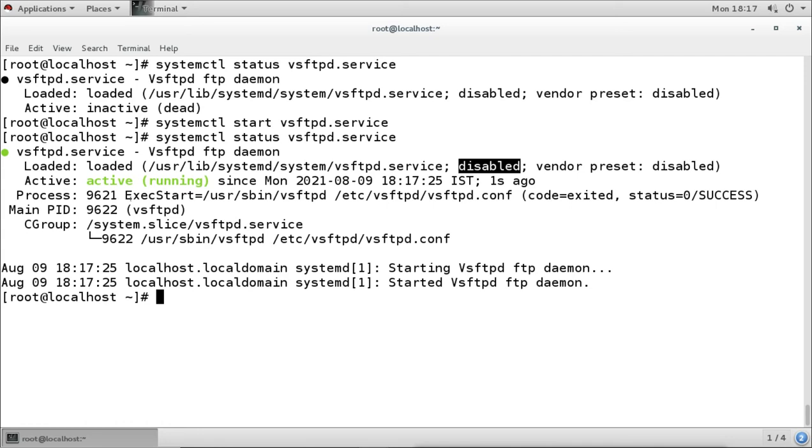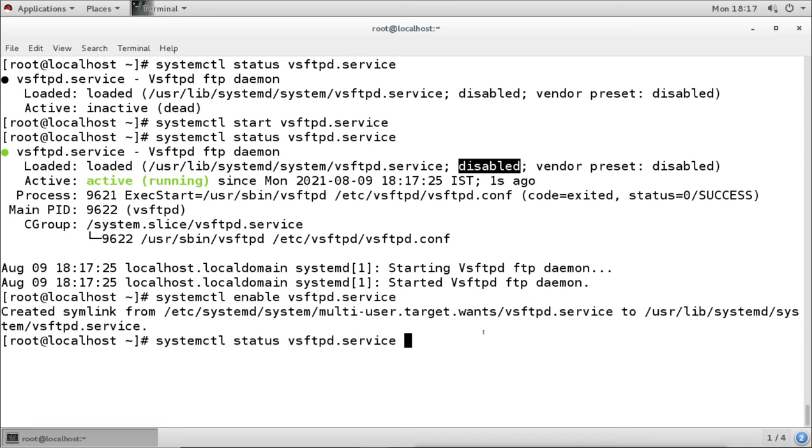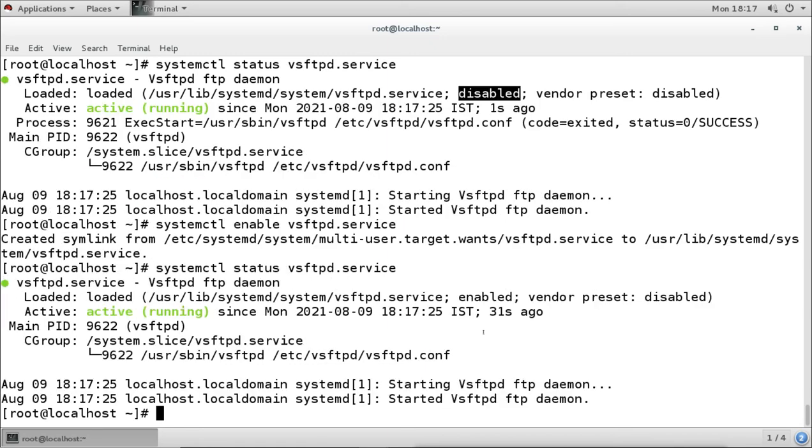So currently it is running, but the next time we boot the system, it will go back to disabled. And if you want to make it enabled always, then we can use the systemctl enable command for it. Now it is enabled, and when you check, you will see that it is enabled.